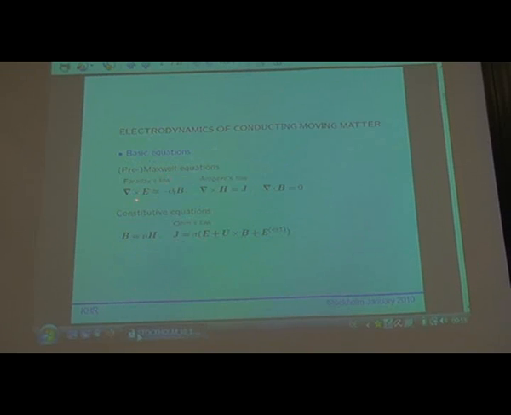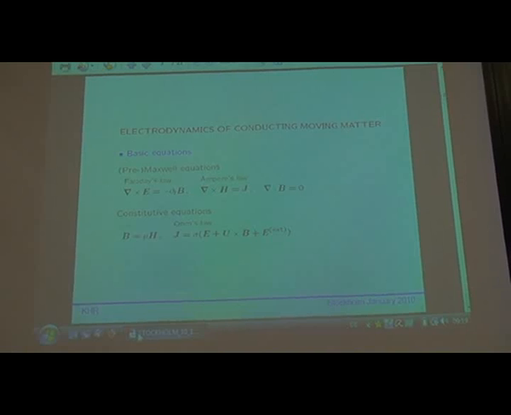These are the basic equations for all I would like to speak about. Our basic equations are Maxwell equations in some approximation and constitutive equations like Ohm's law. Generally speaking, I assume that I'm in a flat space-time, no general relativistic effects, otherwise these equations would look a bit different. And I use